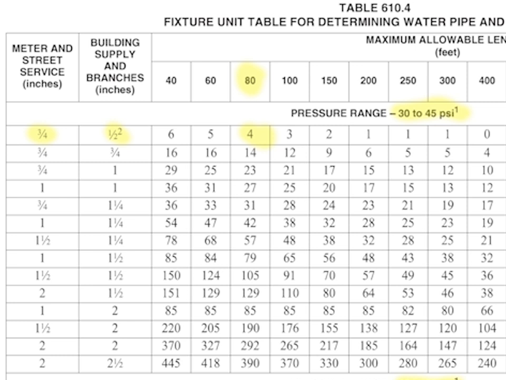So we enter the table to find a combination that we don't exceed. This is the 80-foot distance and the 4 fixture unit. With our pressure set at 40 psi, we have the following: street service pipe diameter of 3/4 inch, building branches